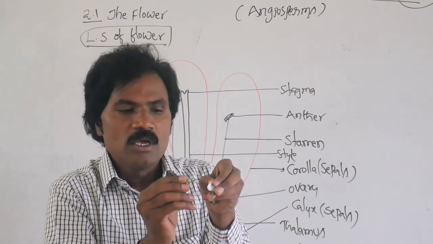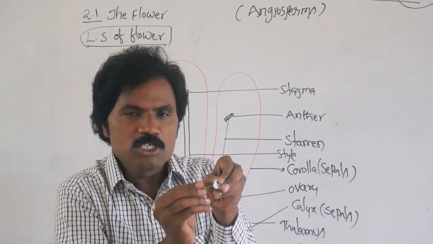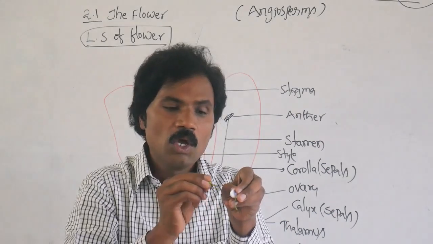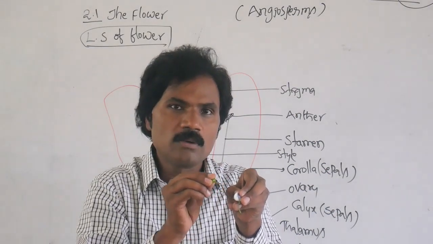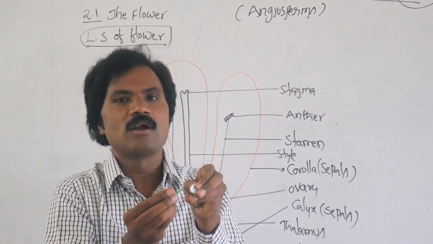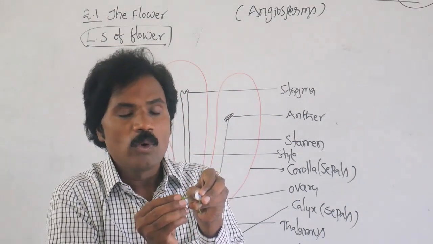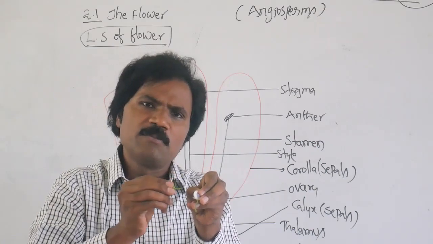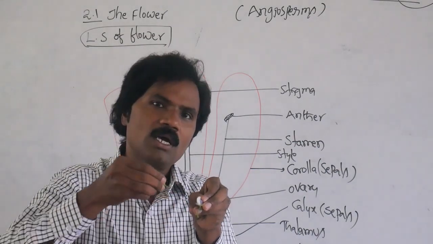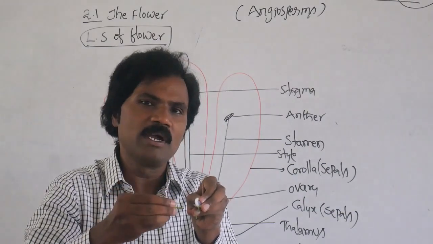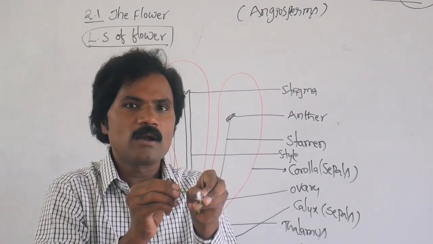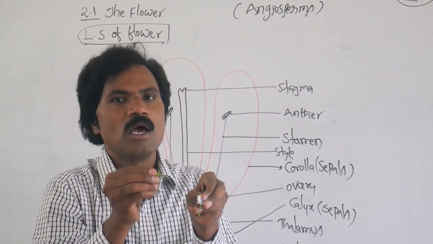But in this one, before opening, on the inner side, both male and female parts are closed. Whenever the male and female parts are closed, that particular condition of a flower we call cleistogamous. Sometimes it may be self-pollination. Why? Because the pollination takes place without opening. Maximum preference is for self-pollination. Whenever it opens, then there may be a possibility for allogamy,